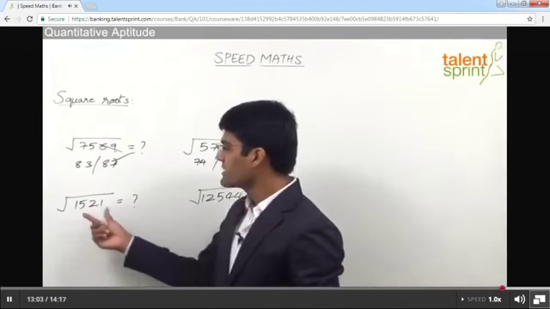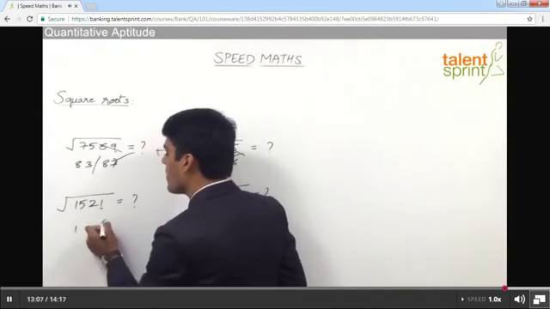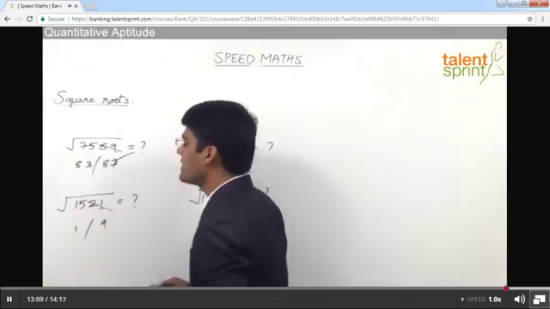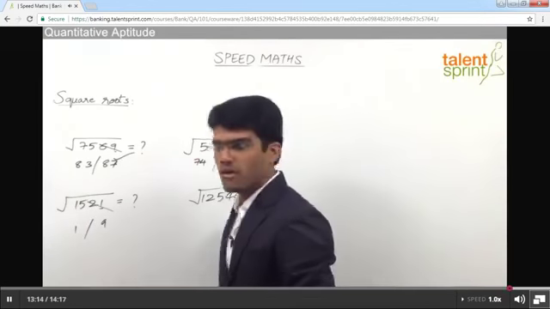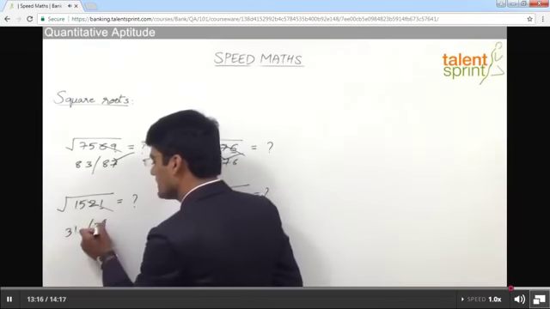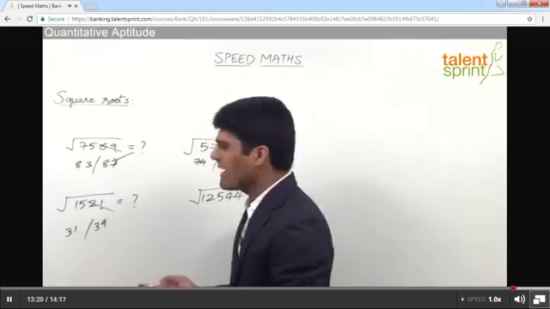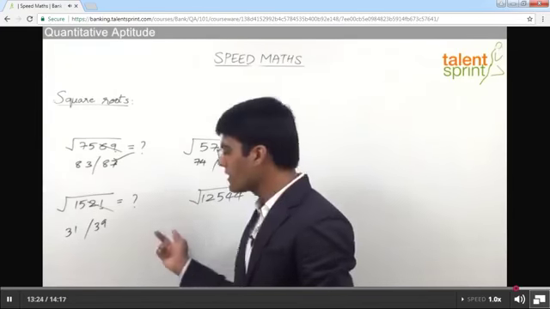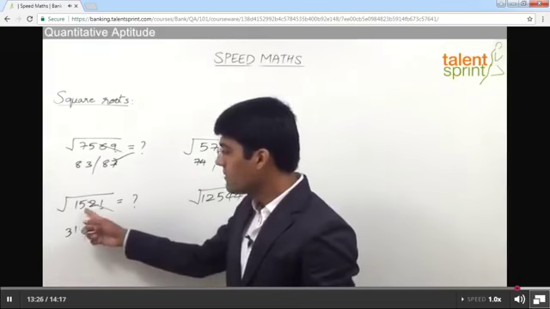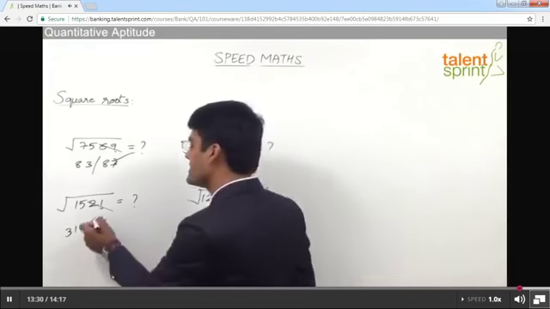The next one here is 1521. Because the number is ending in 1, its square root should end with 1 or 9. Leaving the last 2 digits, less than 15 in a perfect square is 9. 9 is square of 3. So we get 31 or 39. Now exactly between them we have 35. Or otherwise, if we go by the range of 30 to 40, 30 square is 900. 40 square is 1600. This number is closer to 1600. So the answer has to be closer to 40. So 39 is the correct answer.